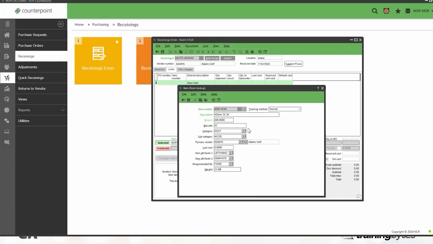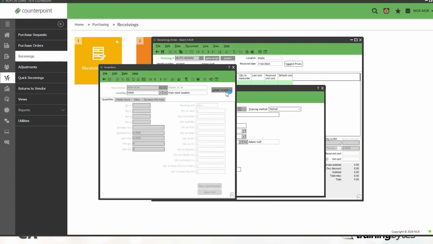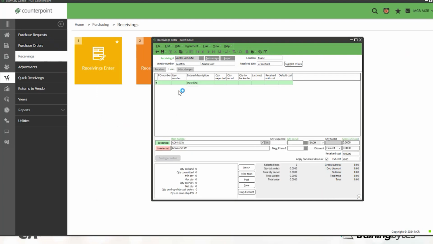So instead of in the regular item maintenance, I'd have had to go to at least 4 tabs to get all this information in here. And I did it here with just this one screen. And I save that, create inventory, and I'm going to do one other thing here. I'm going to add another item